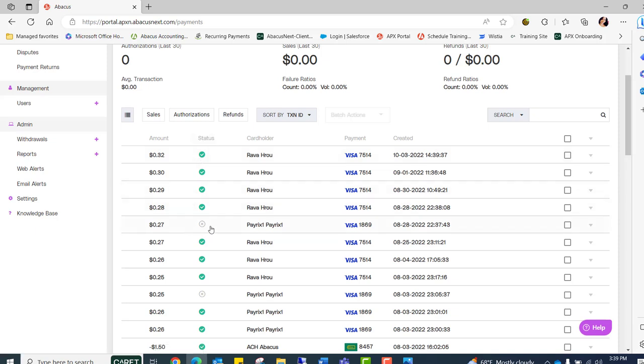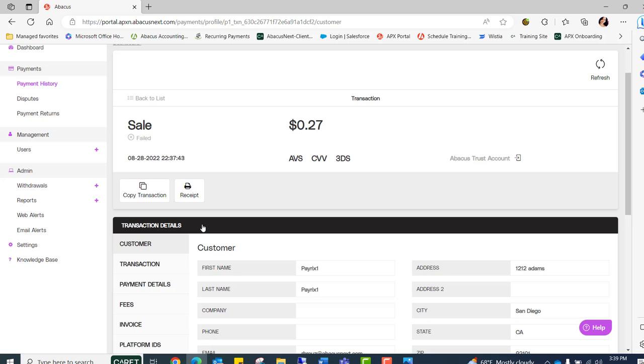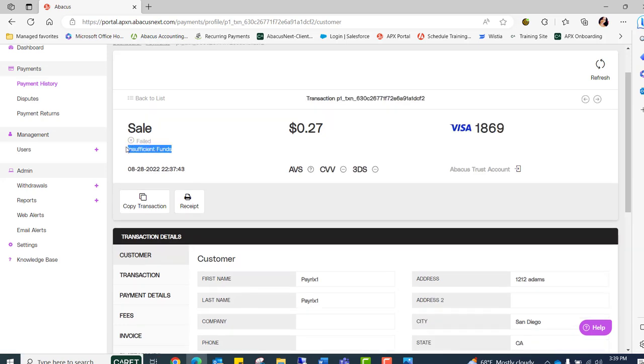And you're also notified of any failed transactions. So what that looks like is just this icon here, that white bubble with a gray X, and when I hover, it says failed. So anything on this screen here is clickable, whether it be a successful transaction or a failed one. If I ever want to know more data about any of these transactions, just click on anything from that line, and right up here you're notified